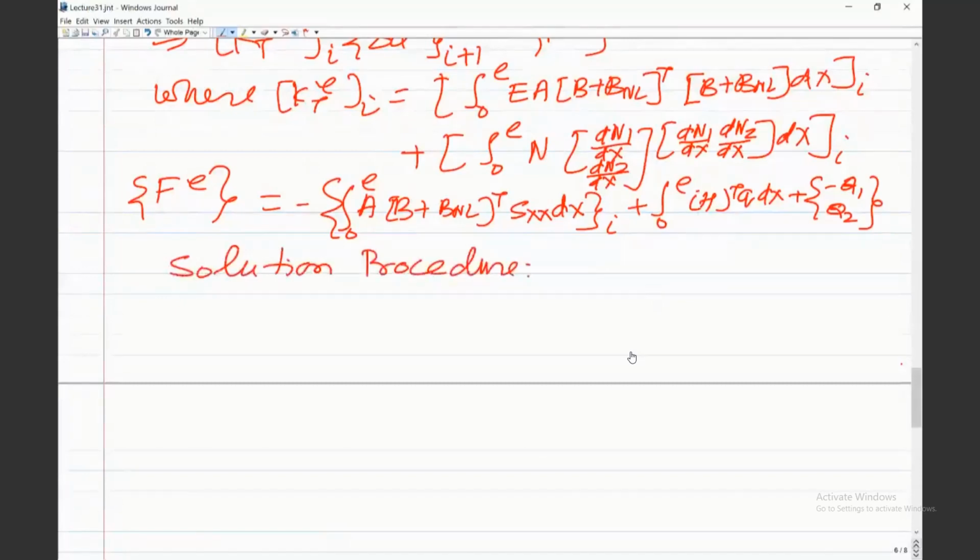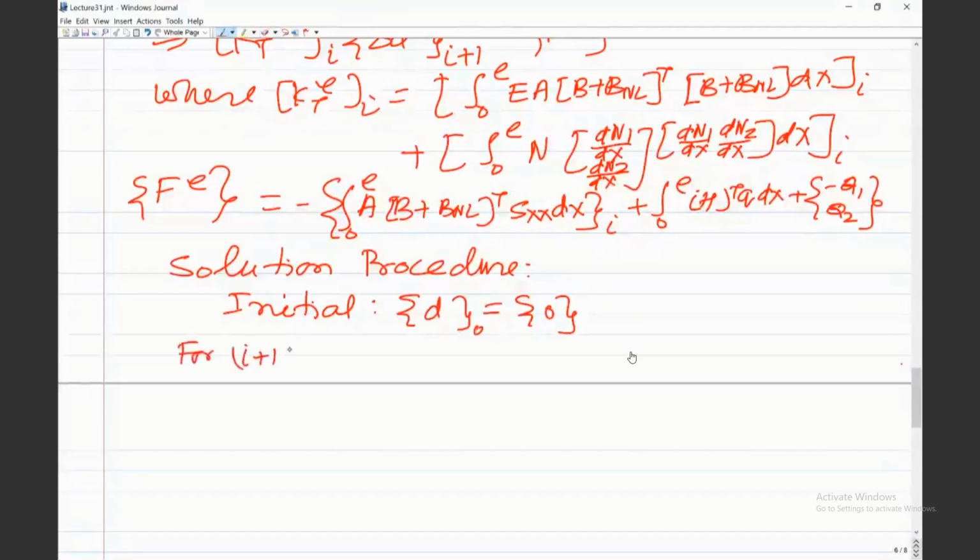So the solution procedure is that we will start with an initial guess. Usually we apply the load incrementally and start with the zero load. So for the next load step, we take the initial guess as the null displacement. So I'm taking this d naught. d naught i is a null vector, and then now for the i plus 1th iteration,